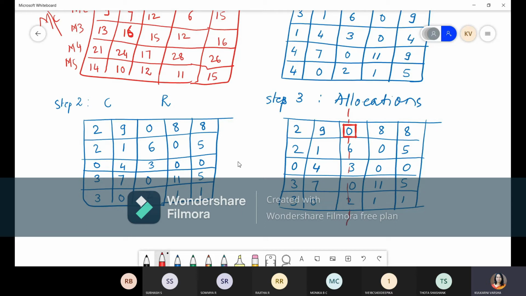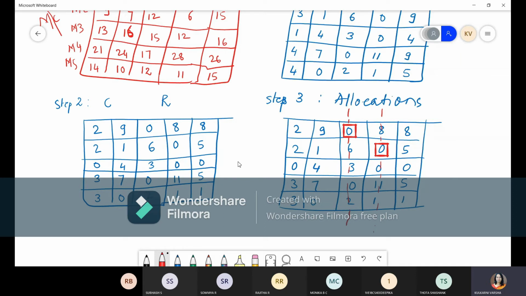Now we'll go for the second row. In the second row, there is a single 0. So allocate that single 0 and cancel the column. Now go for the third row. In the third row, there are two zeros. So we cannot take a decision, so leave it.